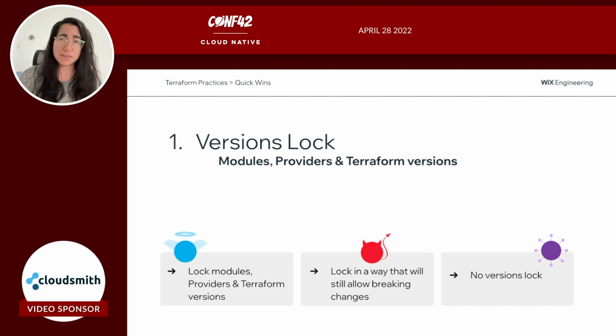But if you lock it in a way that allows breaking changes, then this could be bad. And the ugly thing here is to have no version lock whatsoever. Trust me, it is really, really ugly. You will see a lot of stuff in plan and apply, like, what is this syntax, what is it, stuff like that. So just lock your versions.